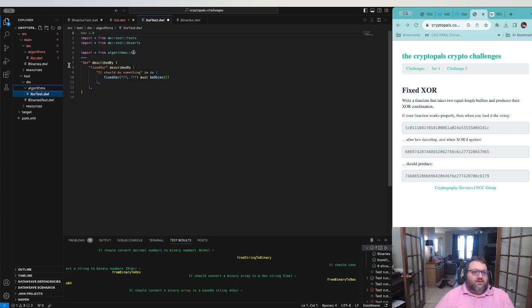So import from algorithms XOR. Good. Awesome. Fixed XOR. It should apply fixed XOR algorithm when given a hex string and an equally long hex secret. So if we have an example,